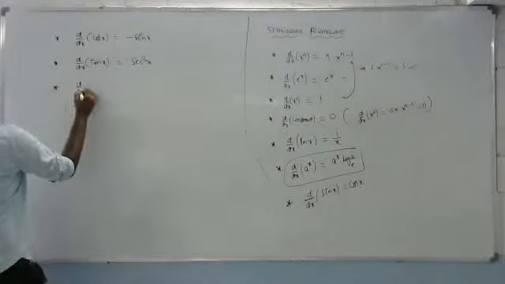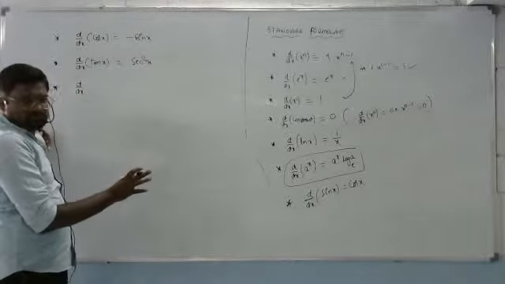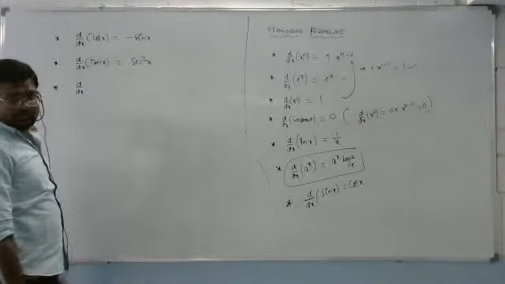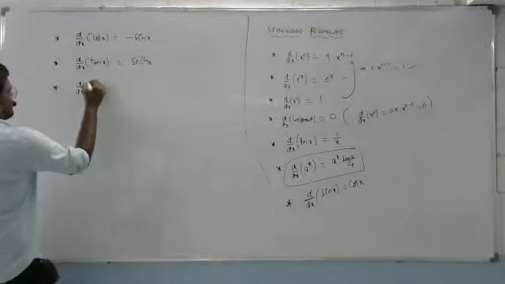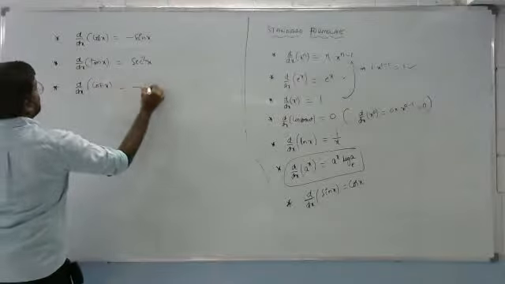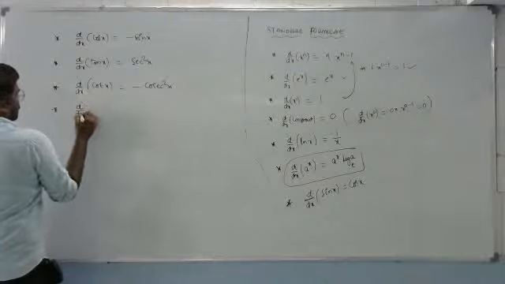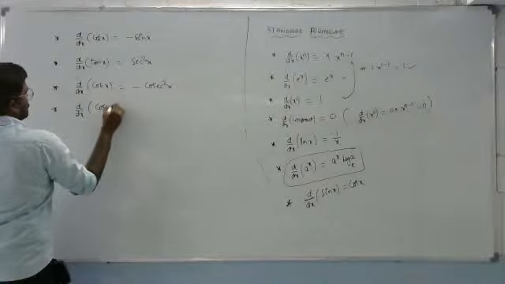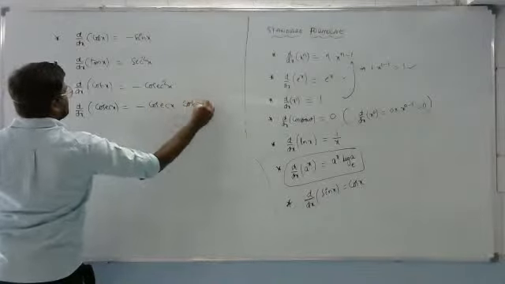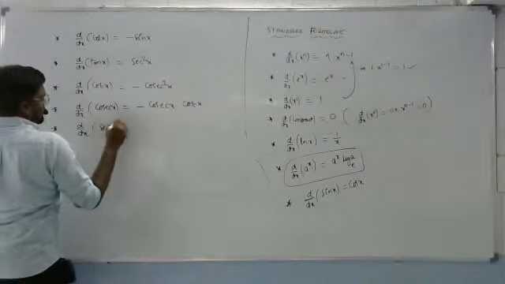Now, each and every formula can be proved, but as I said, we cannot prove it right now. We need some knowledge of limits, which I cannot tell you. It will take more time, right? d by dx of cot x is minus cosecant square x. d by dx of cosecant x is minus cosecant x into cot x. d by dx of secant x